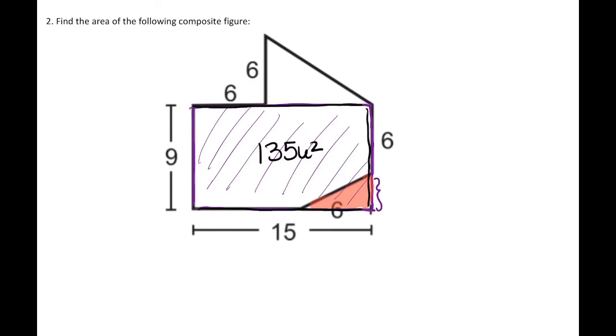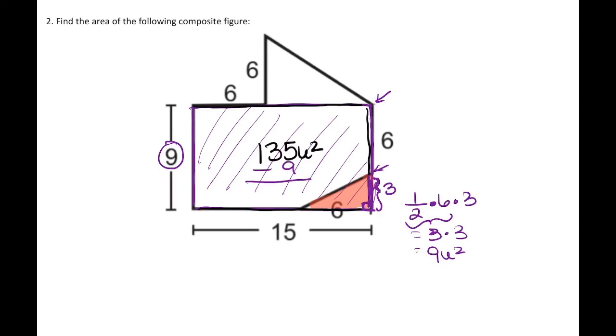Now that triangle right here, this height that is not given, I can surmise that is 3. And the reason I can say that is 3 is because from here to here is 6. So if that's 6, and this is 3, well, 6 plus 3 is 9, and that's what it says over here. All right, so then we're going to do the area of a triangle, which is 1/2 times 6 times 3, which is going to be, well, 1/2 times 6 is 3, and 3 times 3 is 9 square units. So we can take away the 9 from that, and what do you get? You get 126